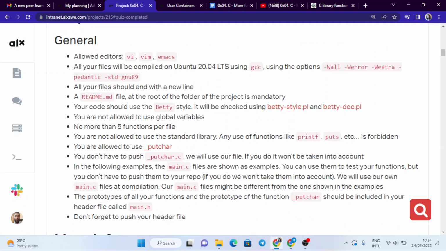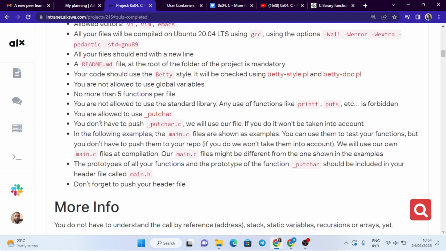So, editing softwares, deriving and Emacs, we use a compiler GCC, and we should create a file which is a readme file, and we are going to do a Betty style comment. When we want to comment using a Betty style, we should create a file called putcard.c file,